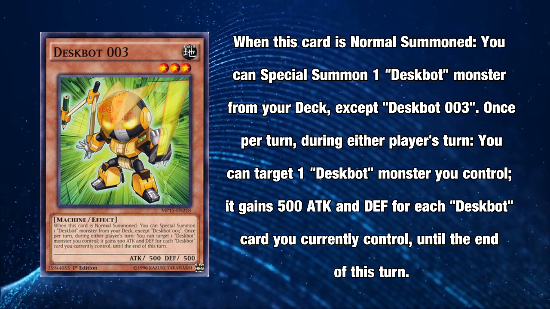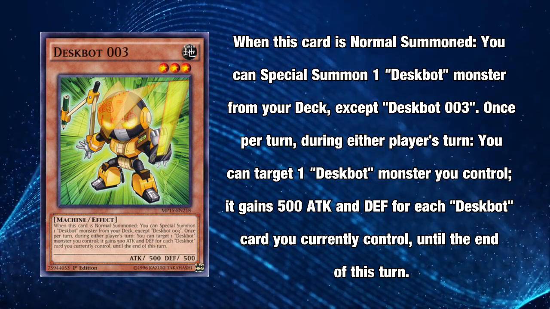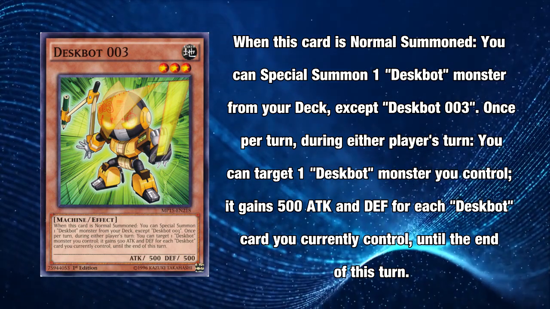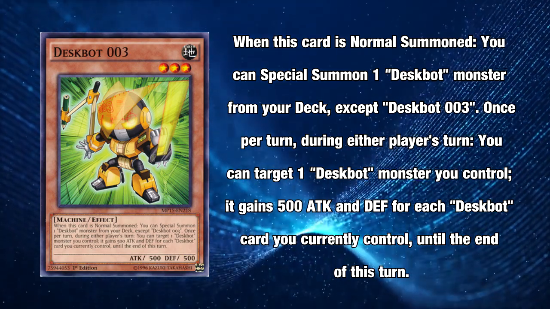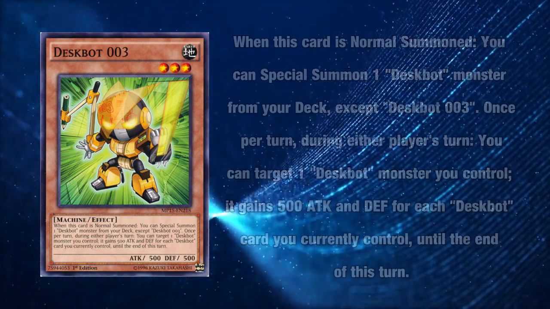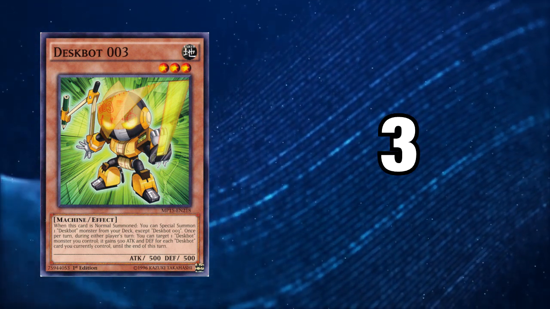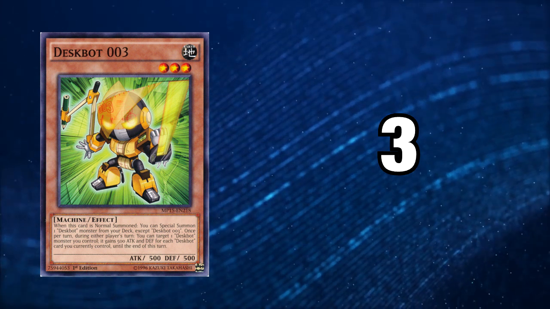Its second effect though is actually really good, as you can potentially boost a Deskbot you control by 4000 if you have the field spell and both pendulum scales out. Run 3, as you want to see this monster as often as possible, as it is never ever a dead